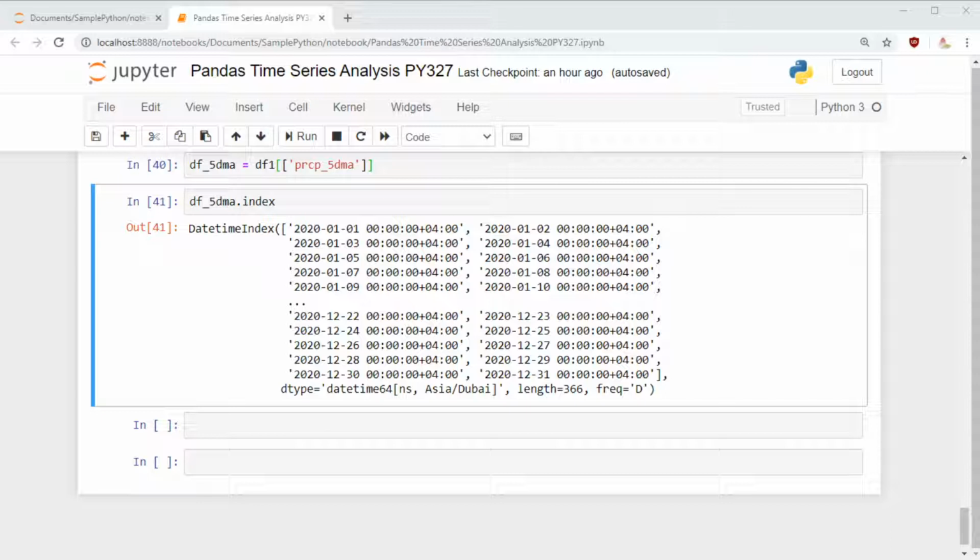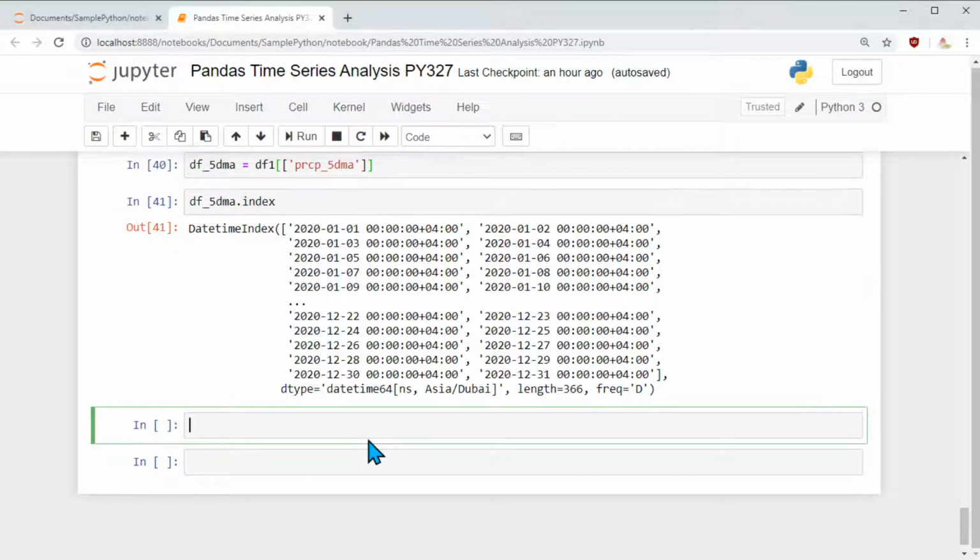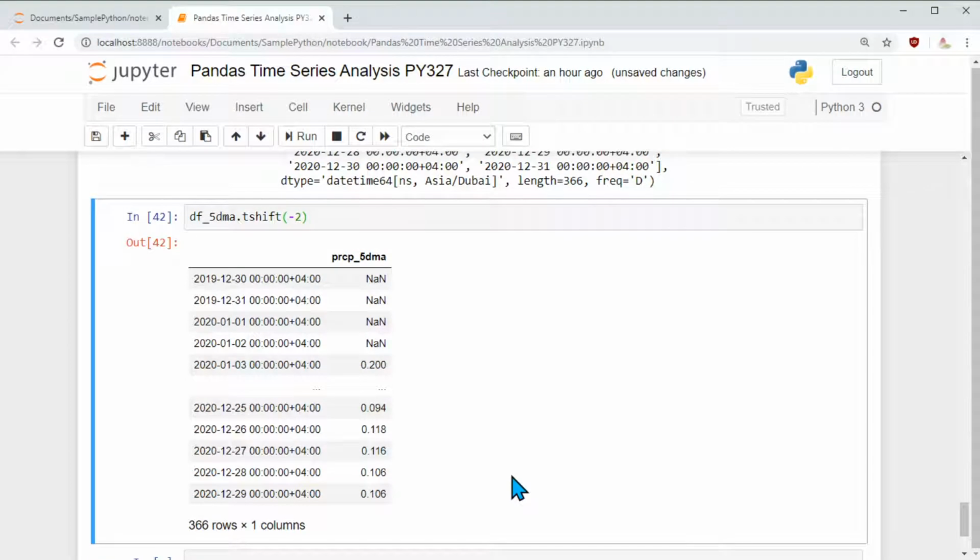Now I want to shift it by 2 positions, right? But I don't want to shift the data, I want to shift the time. So the method for that is tshift, time shift, and I want to shift -2 positions because relative to data, it's a reverse direction. When I execute this, it's going to give me -2. Once again, I have 4 NaN, but the good thing is the time got shifted. January 1st is down.